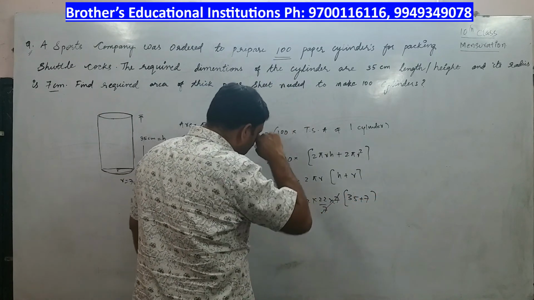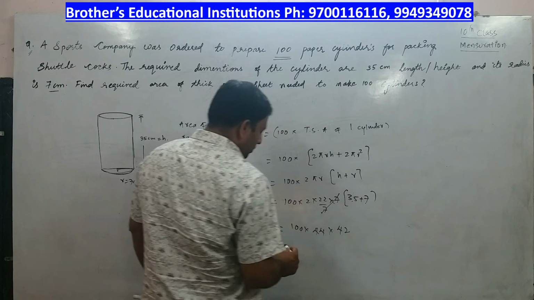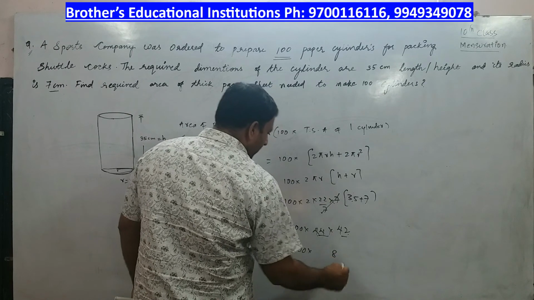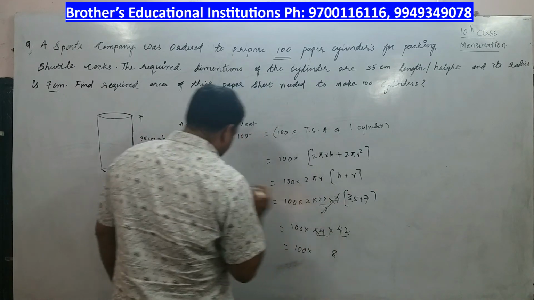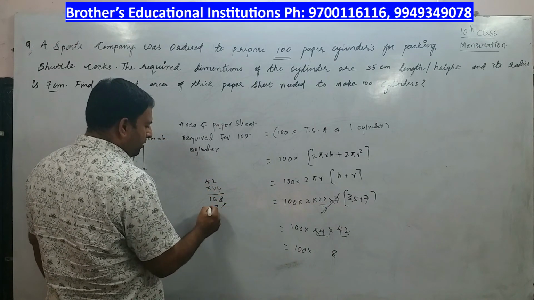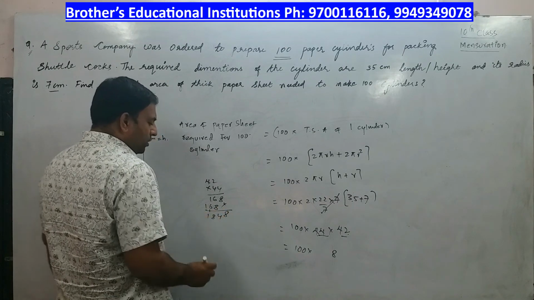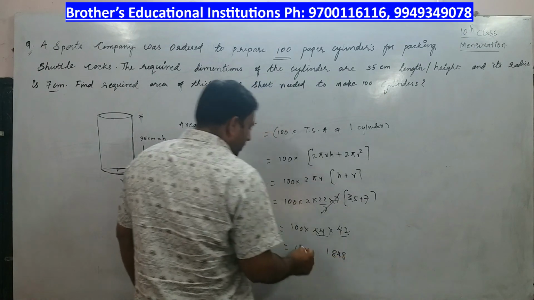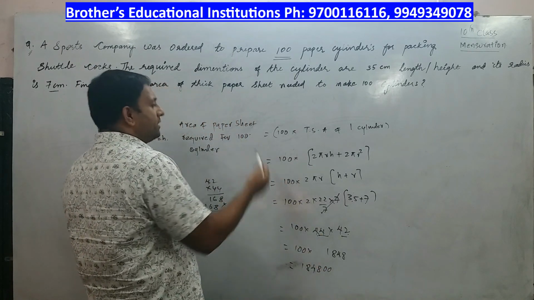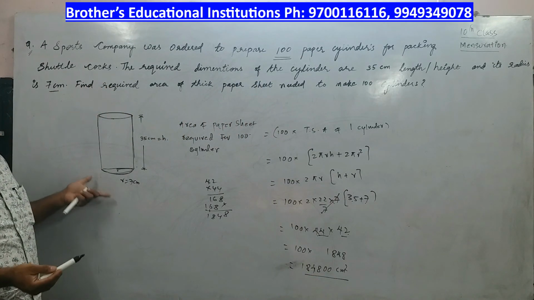7 and 7 cancel. It is 100 into 22 2s are 44 into 35 plus 7 will be 42. So it is 100 into 44 into 42. So let me multiply 42 into 44. So 4 2s are 8, 4 4s are 16, 4 2s are 8, 4 4s are 16. It is 8, 6 plus 8 is 14, 4, 1 carry, it is 8 1. So 1848. 1848 into 100 will be 1848 followed by 00. You are dealing with centimeters, so centimeter square of area is required for these 100 cylinders.